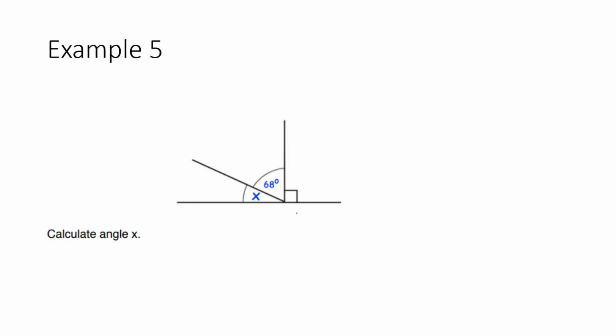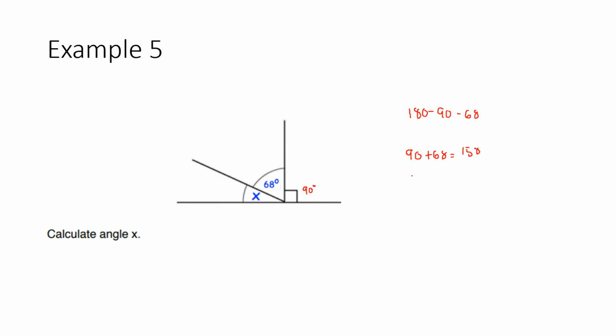Another example, calculate angle x. So this time it's not split into 2, it's split into 3, but it's shown here that remember that this means that it's a right angle, therefore it's equal to 90 degrees. Okay, there's 2 ways you can do it. You can either do 180 subtract 90 subtract 68, or you could add the 2 values that are given to you, which is 90 plus 68,